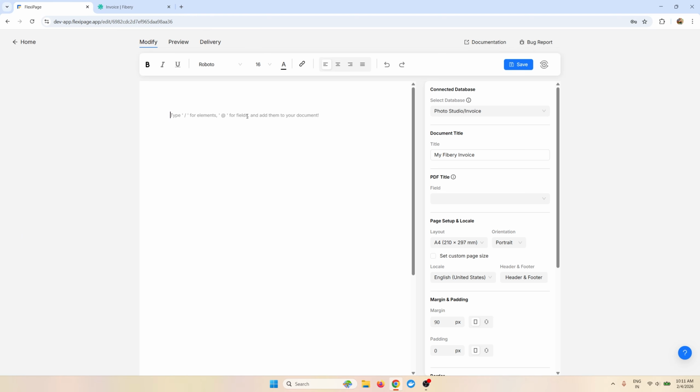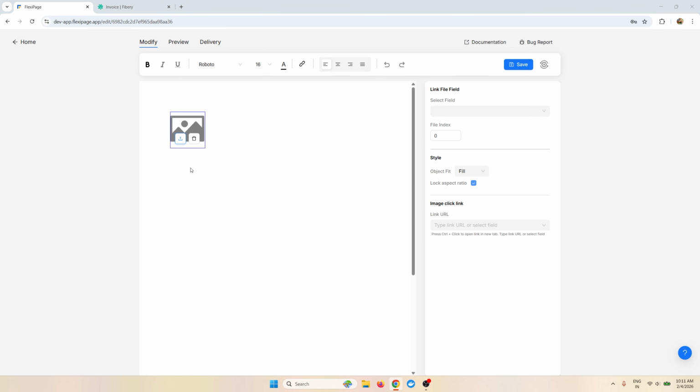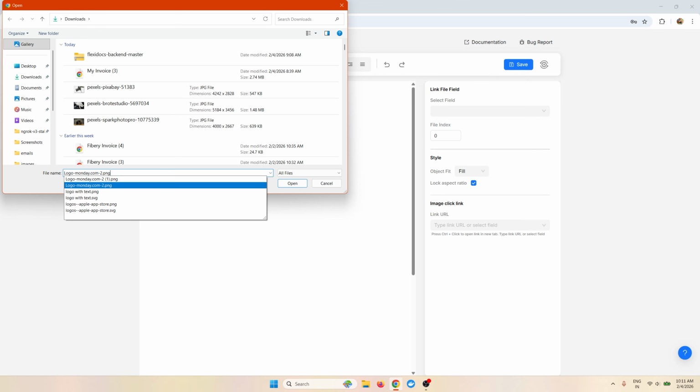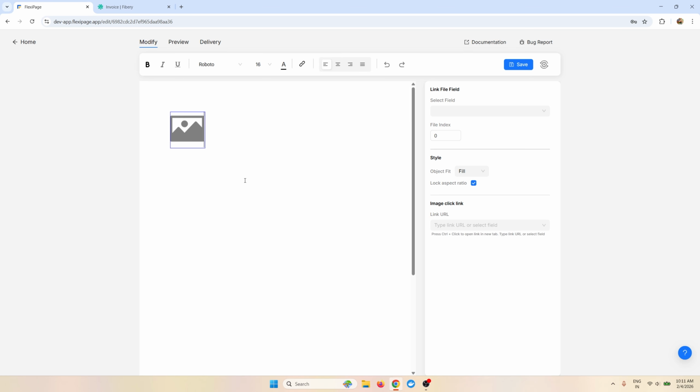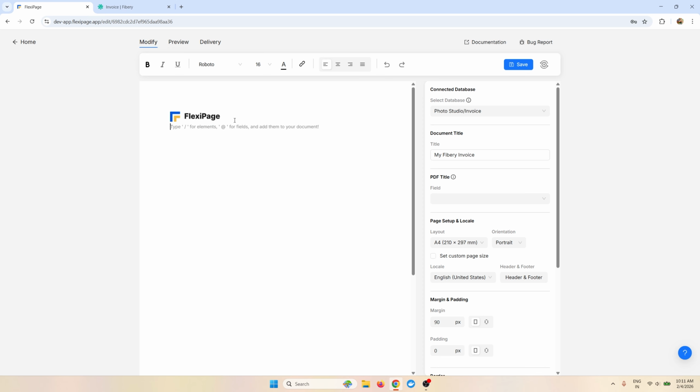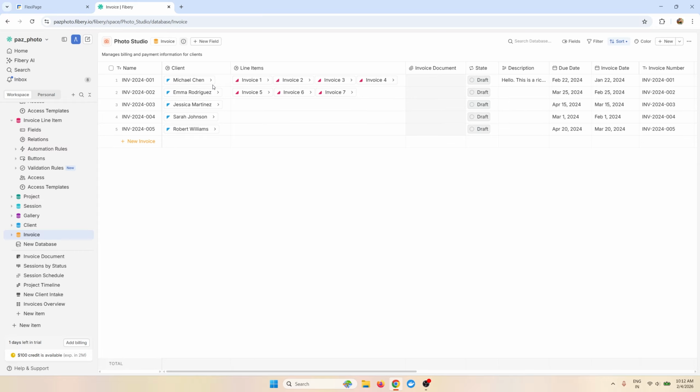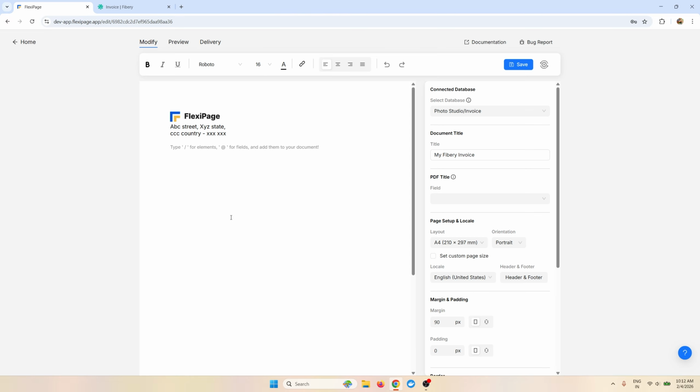So let's create a quick invoice. You can add your brand logo image here. Just gonna add FlexiPage image. Oops. Add some text, state, something. Okay, let's bring our client information here. We also need to add our invoice number here. I'm just gonna add invoice number,